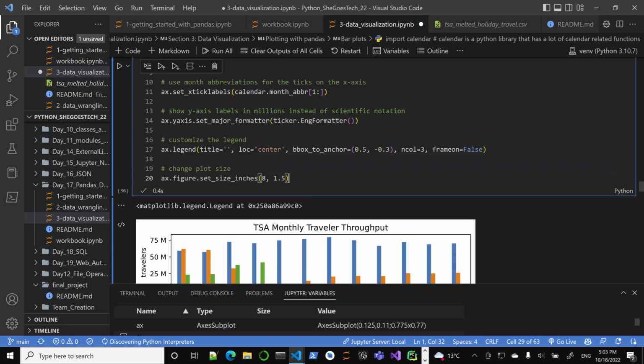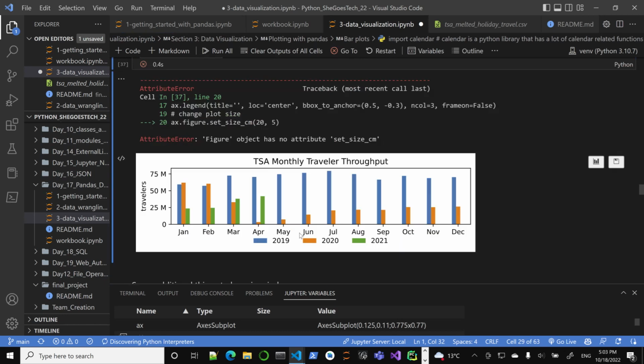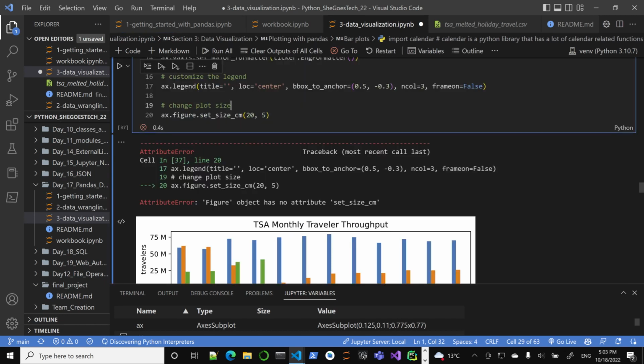Yeah, we can do inches. I like centimeters. I'm not an American, even though I lived in America, so I'll use centimeters, I think, right? I think it was centimeters, maybe millimeters. Let's do 20, or pixels maybe. Let's do like, I don't know, 5. Let's see if that works. I'm just guessing. No, set size. Okay,